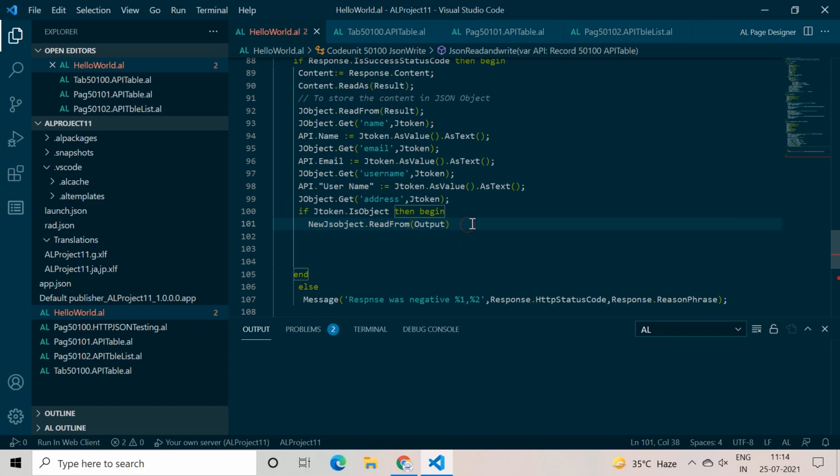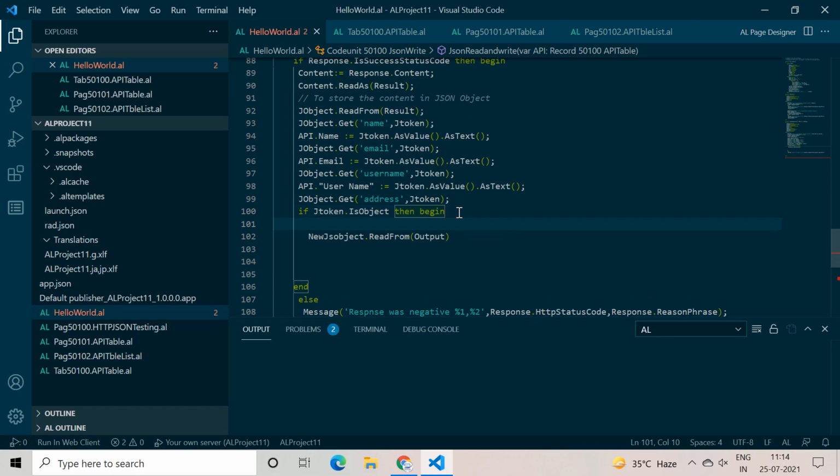But although we have passed output here, nowhere have we defined where we are getting the result in the output text. So the question is what we should write to pass the result in our output field. It is very simple. Press enter, because we know everything is available in the JSON token.